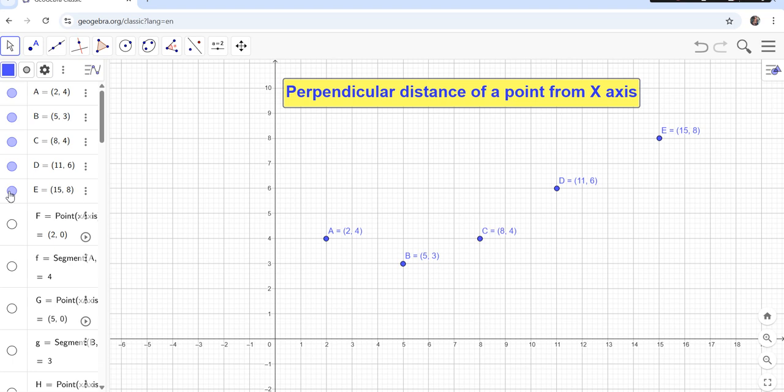So dear students, I have taken these points to make you visualize the perpendicular distance of a point from